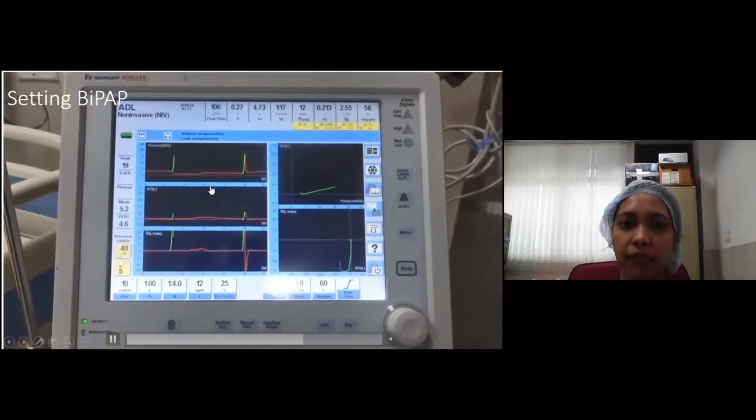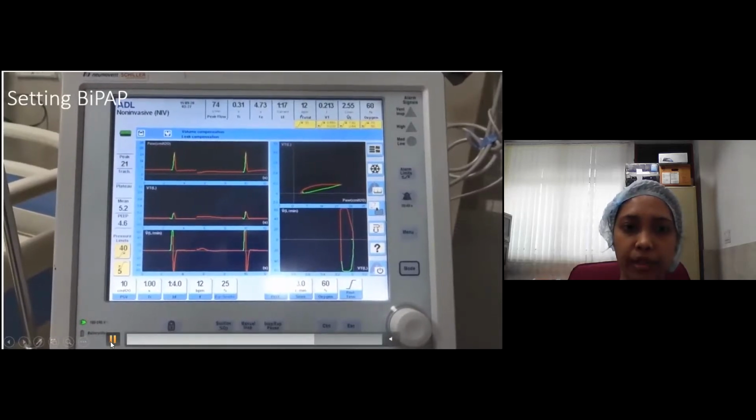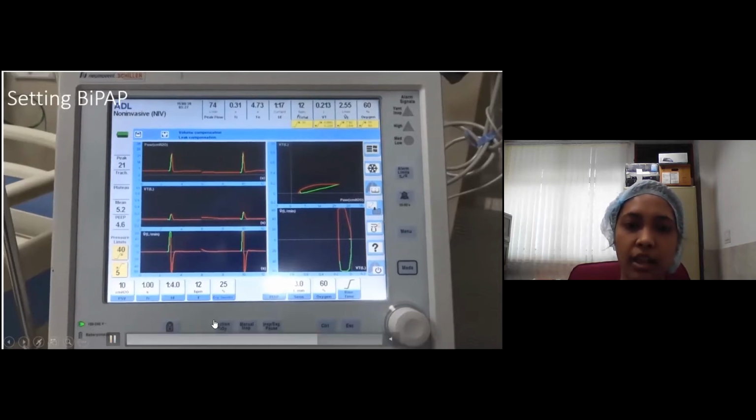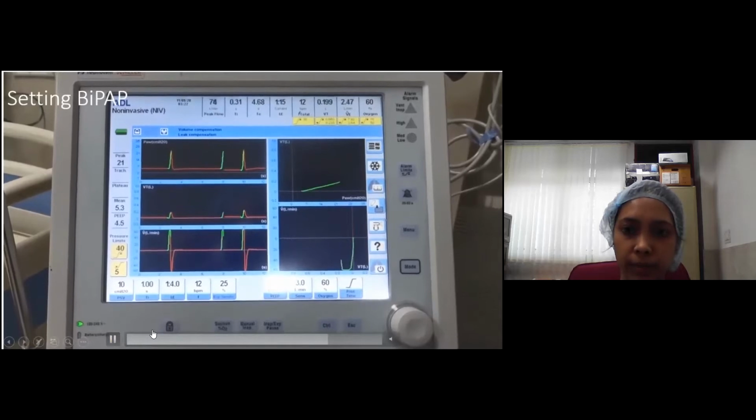Further changes can be made without interrupting the therapy. For example, here we can see that this PSV of 10 is giving a tidal volume of only 213. We desire a higher tidal volume. We'll simply go to the PSV button by use of the select device. Press the button, PSV will be selected, and increase the value by 2, to 12. Then, by pressing it again, we'll be able to see the new tidal volume. In this way, we can set the device appropriately for that particular person.